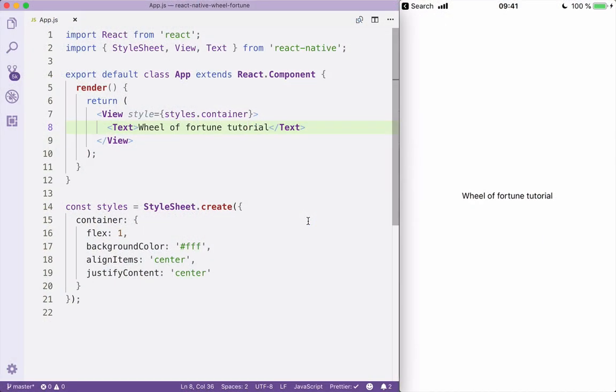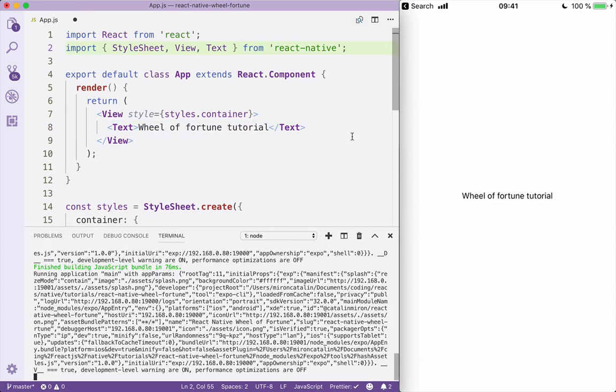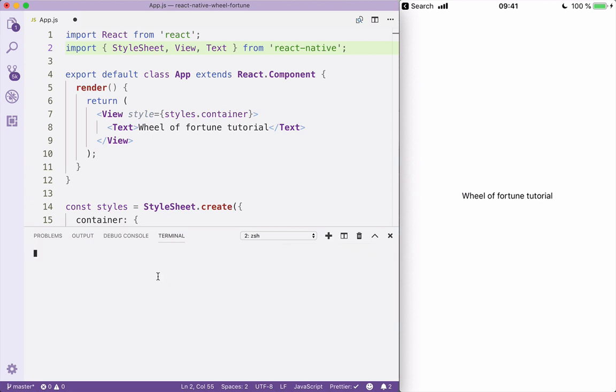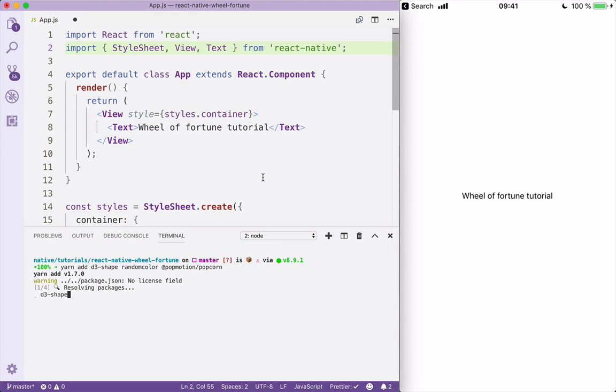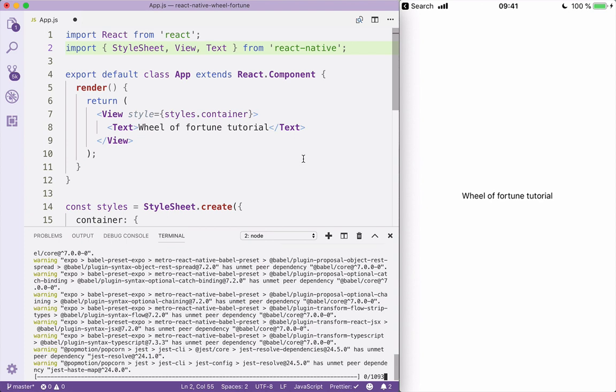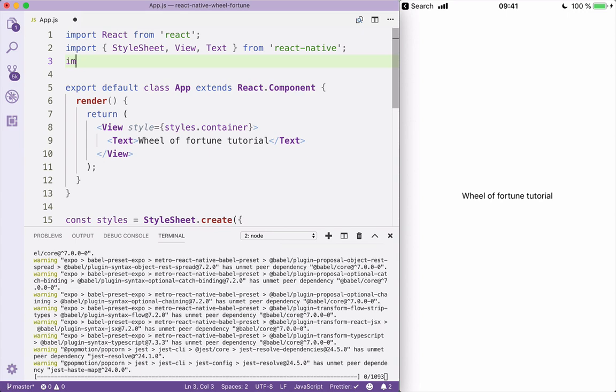I already have the Expo project, and first let's open up the terminal and add our dependencies. So we will need D3 Shape for creating the pie, random color for assigning a different color for each slice, and Popmotion popcorn, from which we are going to take the snap, which is a utility function for snapping between different degrees. While this is installing, let's import the gesture handler